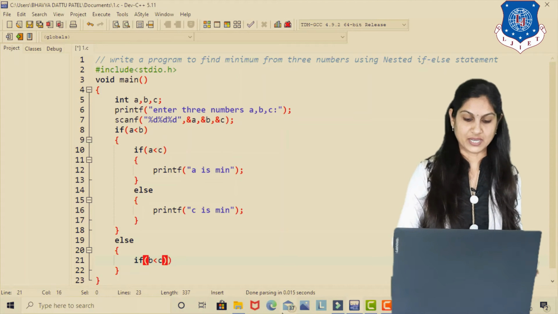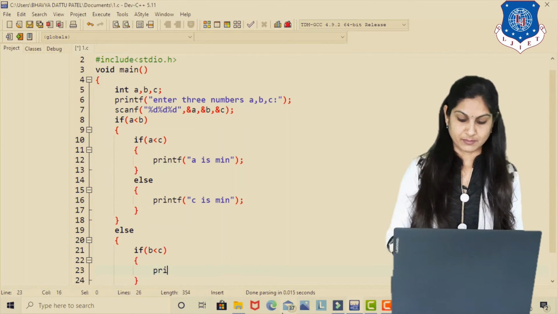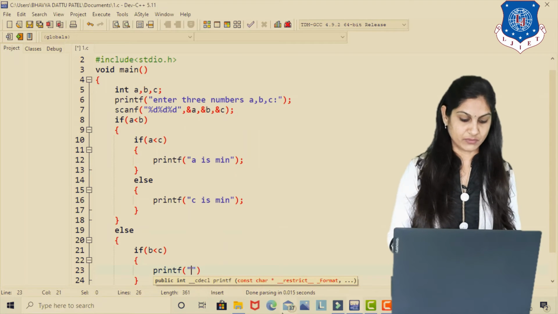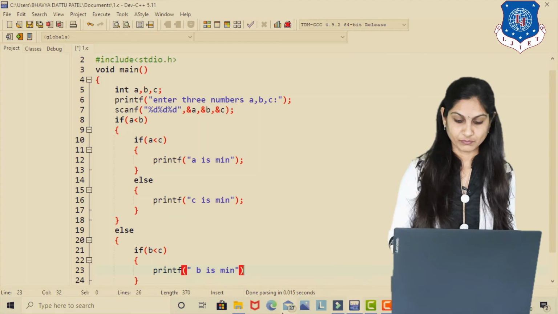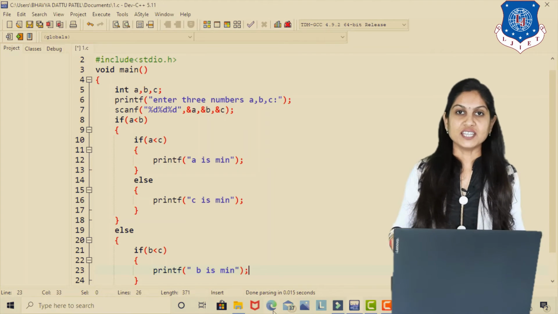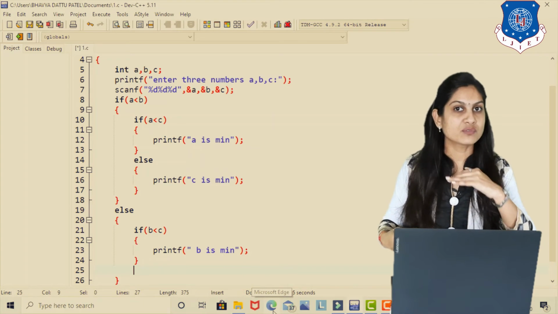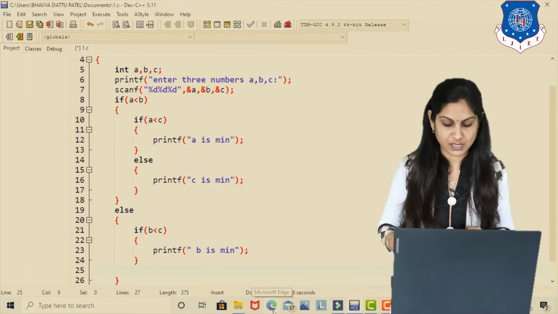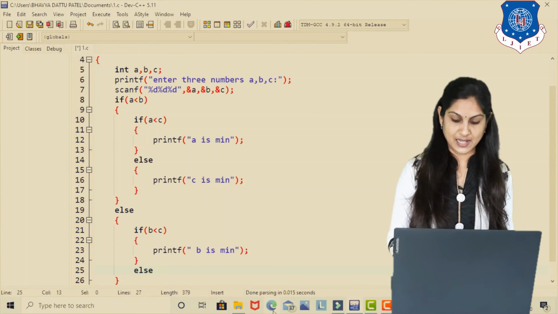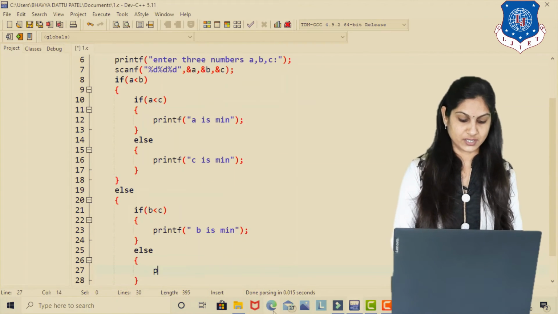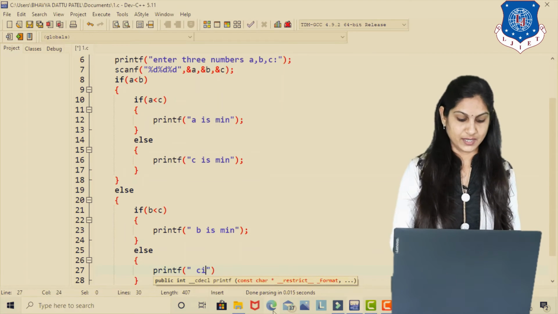If it is true, then go inside this if part and print the message with printf. In double inverted commas we write b is min. But if this condition is false, meaning b less than c becomes false, that indicates c is minimum. So for that we write the else part, and in the else we print the message printf, c is min.